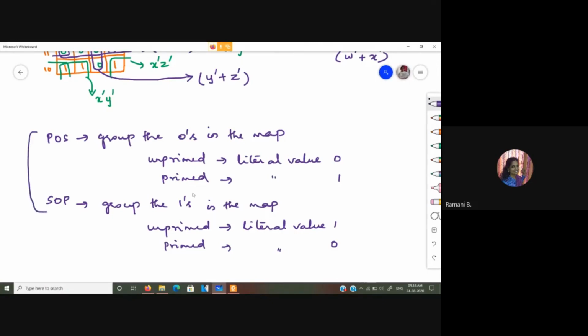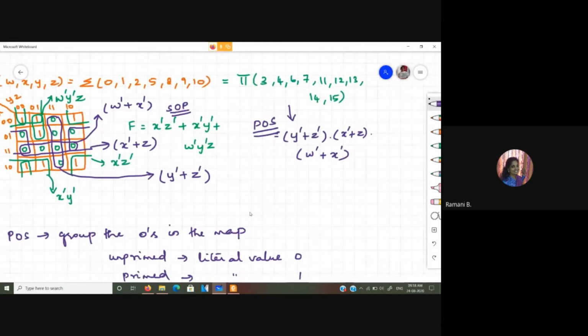And in some cases they may ask you to draw the logic diagram for the minimized expression also. So for the whole 10 marks, they may ask you to find the minimized SOP or the POS form and draw the logic diagram using NAND gates only. They may give it like that. So you need to practice all those things, or otherwise they may just ask SOP and POS and finish. You should be able to do all those things.